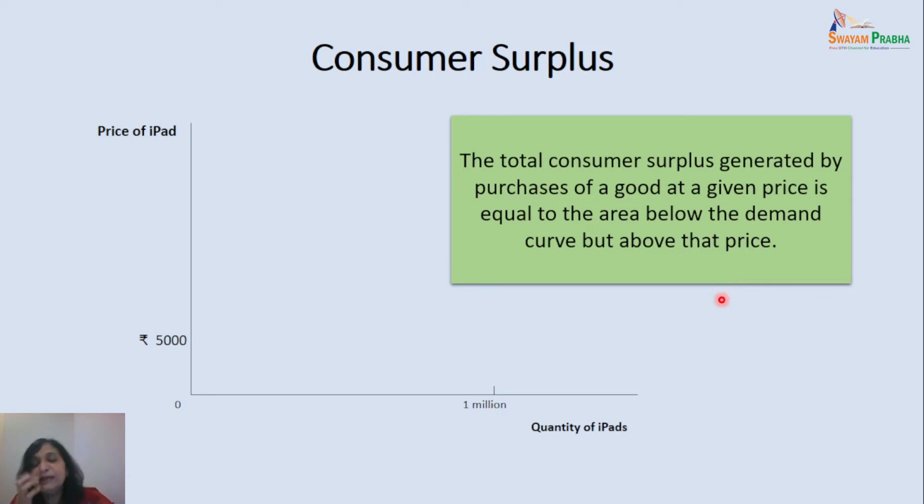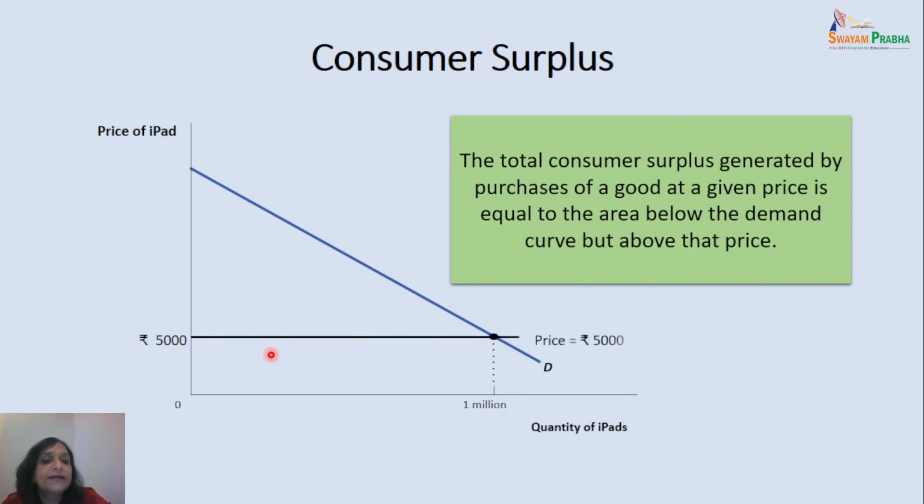Here we are taking the example of iPads. That is, what is the demand for iPads compared to the price. Let us assume that the iPad in the market is available at 5,000 rupees. This downward sloping blue line is the demand for iPads. Downward sloping means less price means more demand. But right now the price is 5,000 and there is some quantity of iPads which is being demanded at this